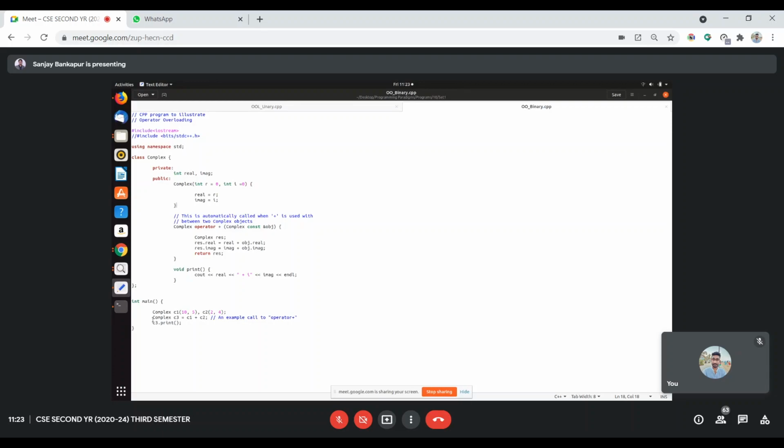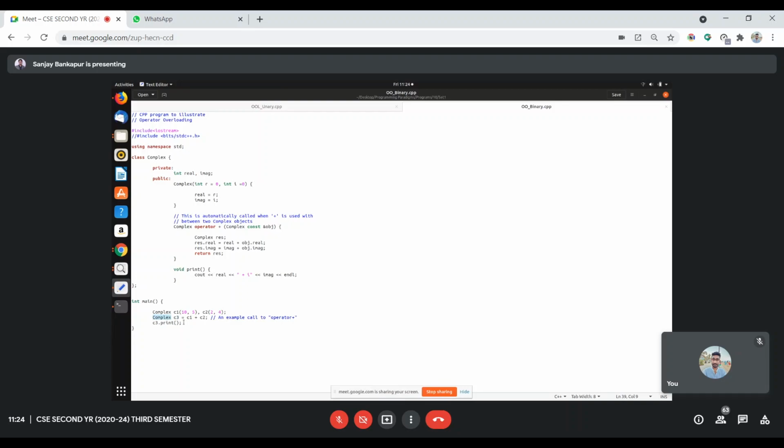So when we call this Complex C3, how it works is this part is executed first, C1 plus C2, and it evaluates whatever value comes, and it is assigned to this object. What object type? It is Complex object type.